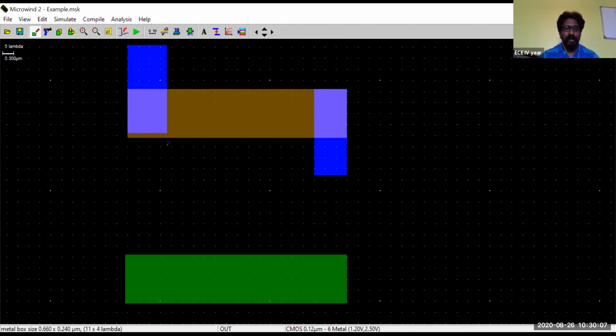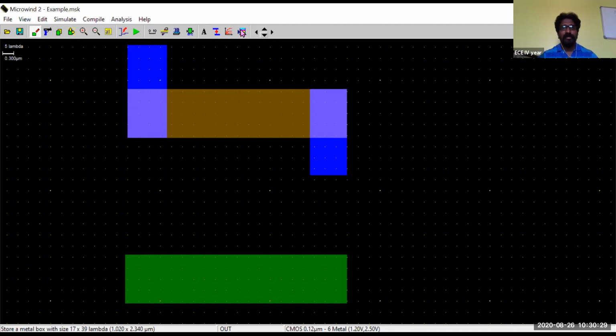Okay, here I can make an adjustment. I can draw it completely. So now I have drawn the source terminal and drain terminal of your P diffusion. 1, 2, 3. So now we have drawn the source and drain terminals of a P transistor.